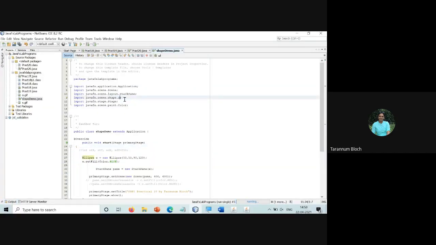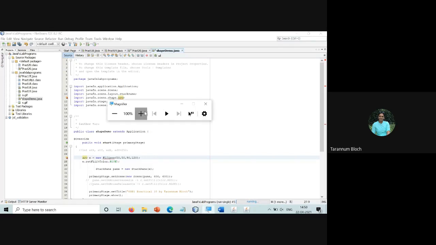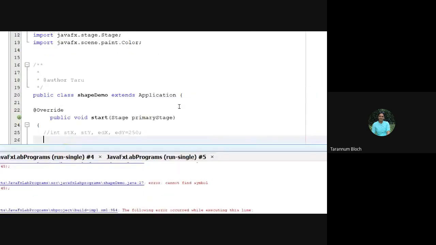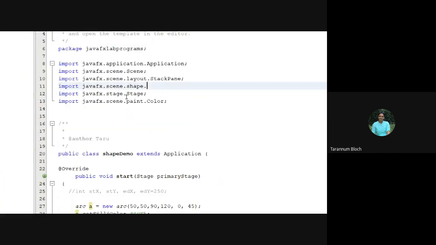I will take arc, right? I will say Arc a equal to new Arc, right? And now I have to give starting angle and ending angle also. Okay. A is capital, I'm so sorry.